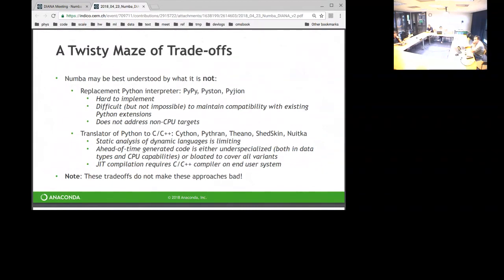Another approach is translation of Python to C or C++. This is like Cython, Pythran, Theano, Shedskin, Nuitka. There's a whole bunch of these. It's hard and it's somewhat limiting to try and do static analysis of Python to convert it into C++. You're either stuck generating under-specialized code, both under-specialized in terms of you didn't generate the most optimal code because you didn't know exactly what data types were going to be used.